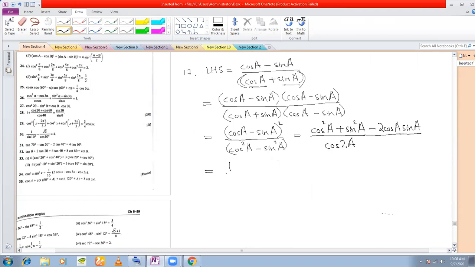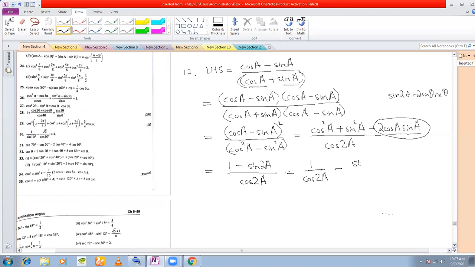This cos square a plus sine square a is 1 minus, and this is what? Sine 2 theta is equal to 2 sine theta cos theta. So this becomes 1 minus simply sine 2a, right? This becomes simply sine 2a divided by, and this is cos 2a. So this is 1 by cos 2a